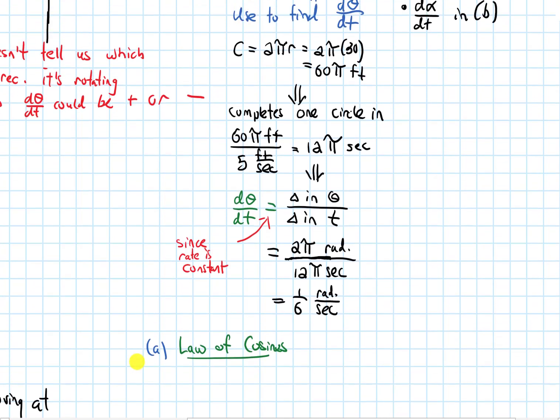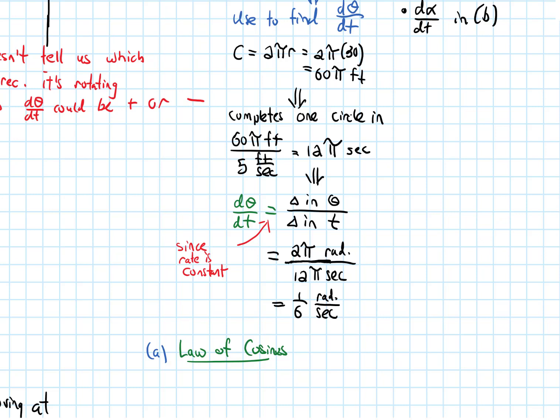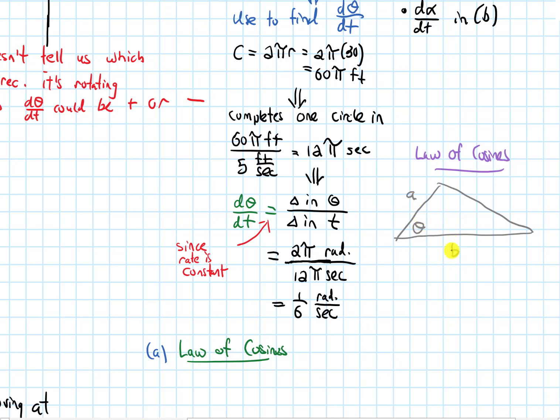Okay, so law of cosines. Let's do a brief review of law of cosines. This says that if you have a triangle, and I call this angle theta, this A and this B and this C, the law of cosines says that C squared equals A squared plus B squared minus 2AB times the cosine of the angle that's opposite C, cosine of theta. So if we use that from our picture,